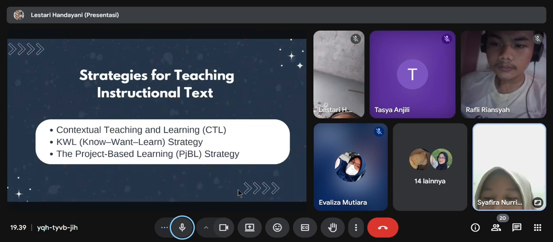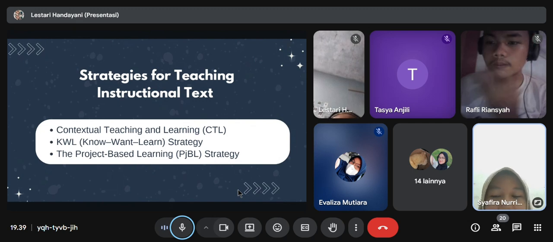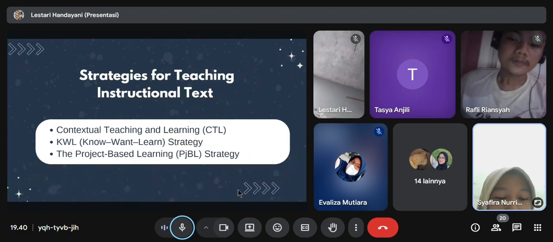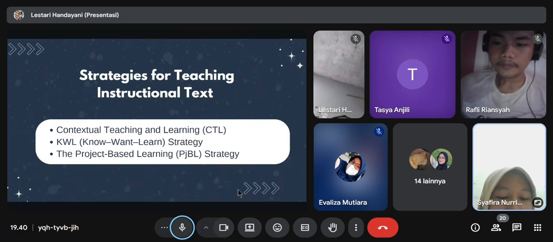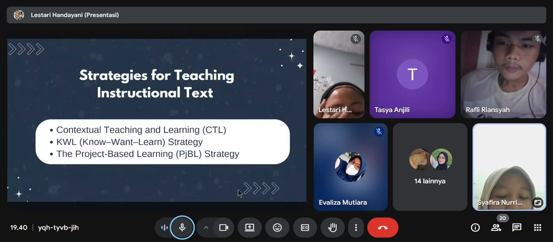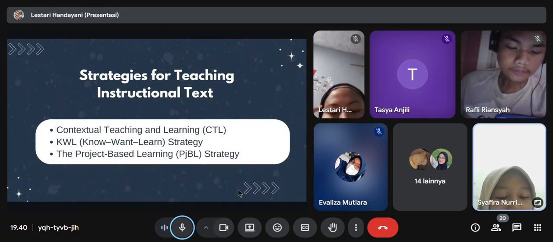And then the second one is KWL, Know, Want to know, Learn strategy. The KWL strategy begins by guiding students to write down what they already know, then identify what they want to know, and after learning, they record what they have learned.